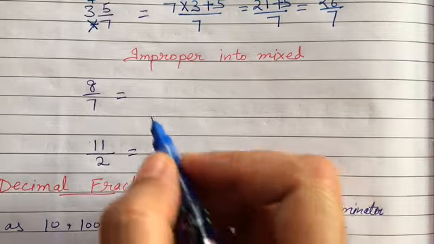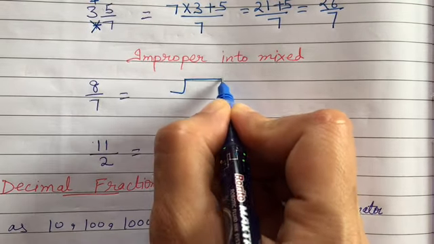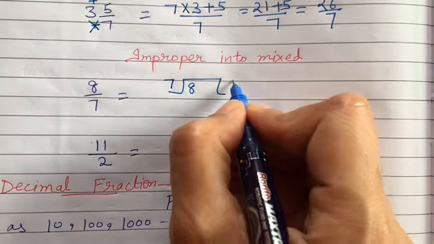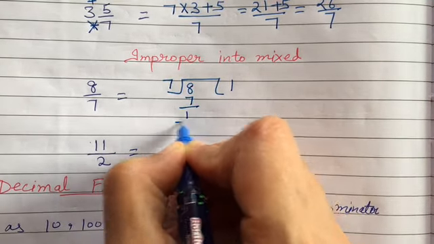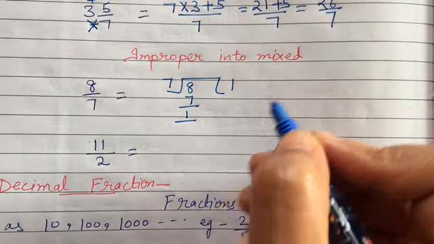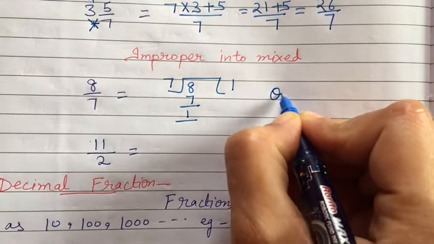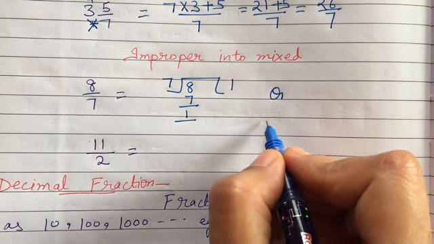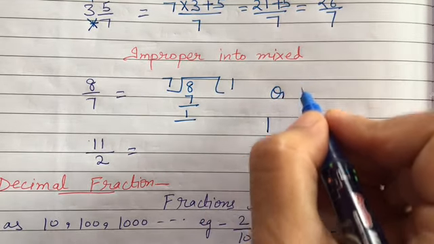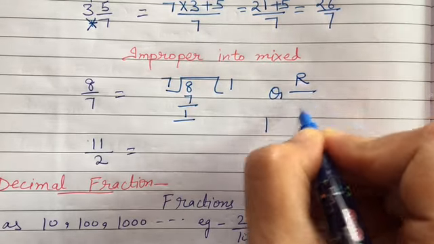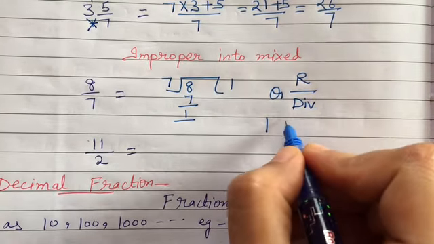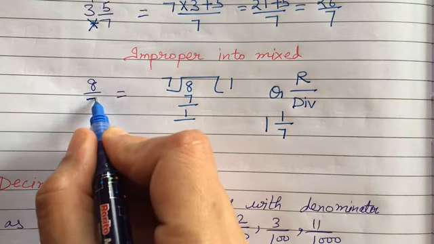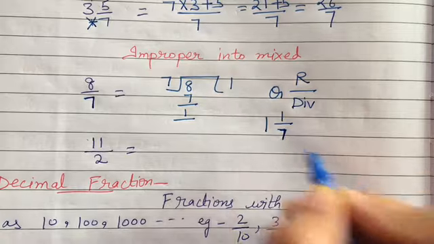The next thing is reverse conversion. Reverse के लिए हम क्या करते हैं? Divide करते हैं. So 8 will be divided by 7. So 7 1 जा 7. This is 1. Fine. अब इसमें क्या करते हैं? Quotient यहाँ आता है, ठीक है. So quotient हमारा क्या है यहाँ पर? 1. Then remainder upon divisor. So this is 1 upon 7. यहाँ 7 नीचे था ना, so यहाँ भी 7 नीचे ही रहेगा.